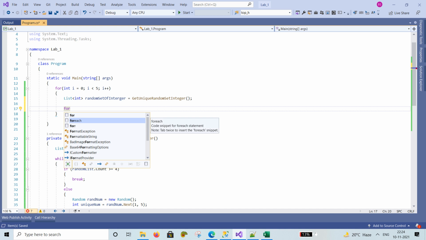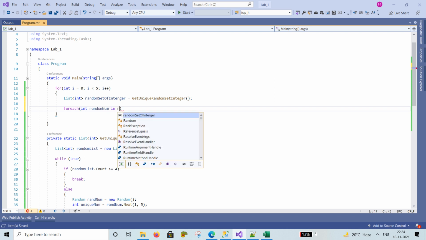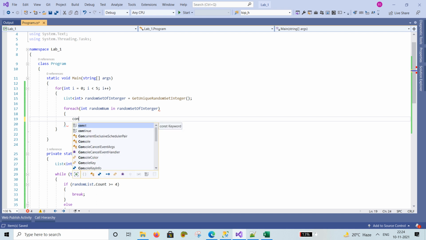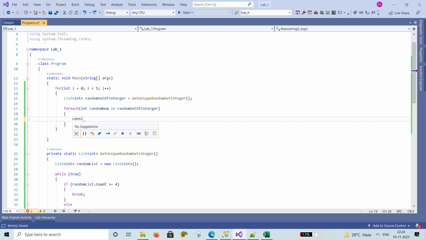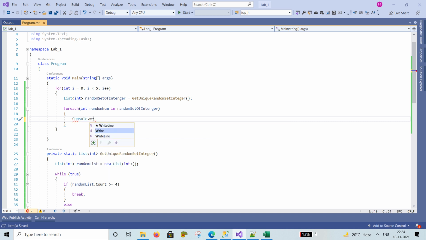Int random number in random set of integer, Console dot Write, plus random number.